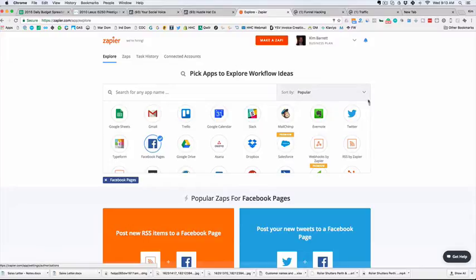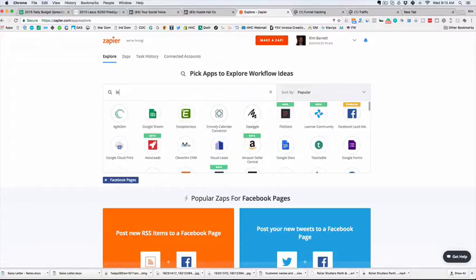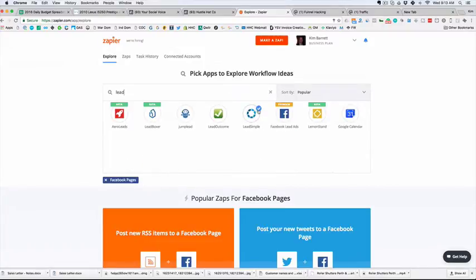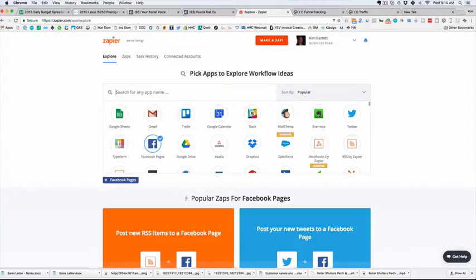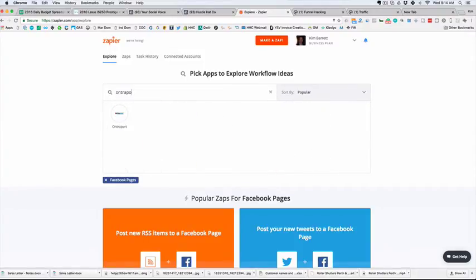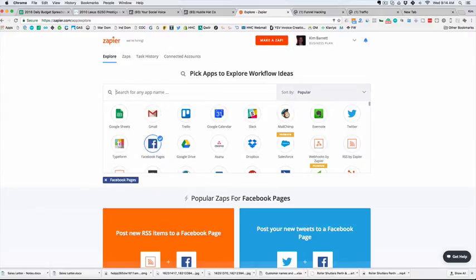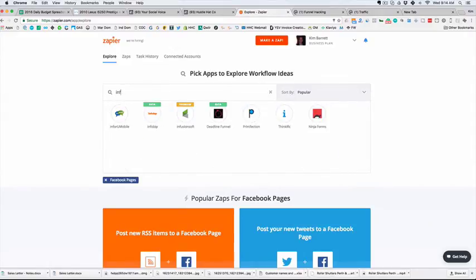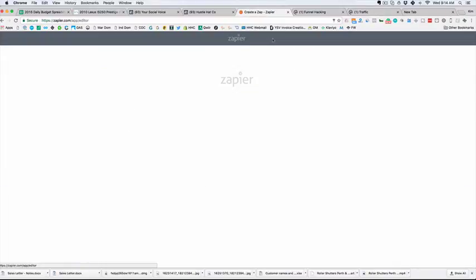So ultimately, if you ever want to come in here and search for something, you'll just type in, for example, lead, so Facebook lead ads. You can see that's definitely there, and then let's just say one of your CRMs, let's say Entreport's there, Infusionsoft, MailChimp, they're all there, right? So once it's there, you can work out the way to connect it. It's really, really simple. So all you need to do is hit make a zap,